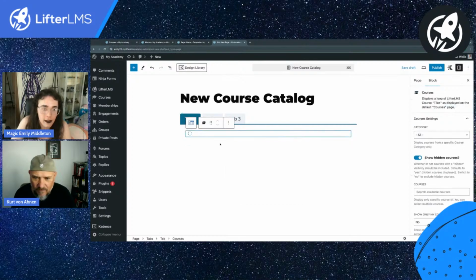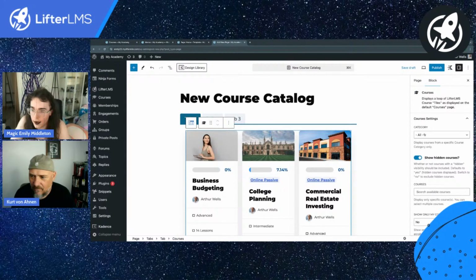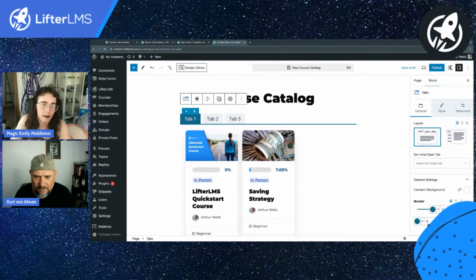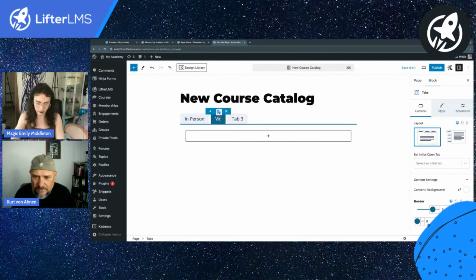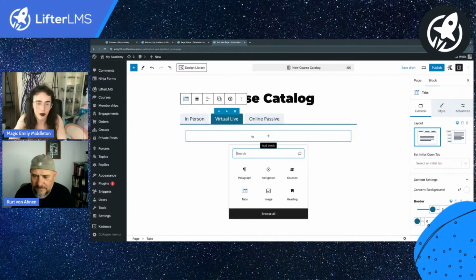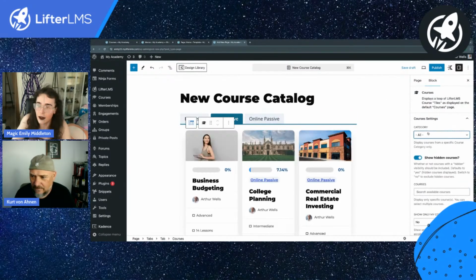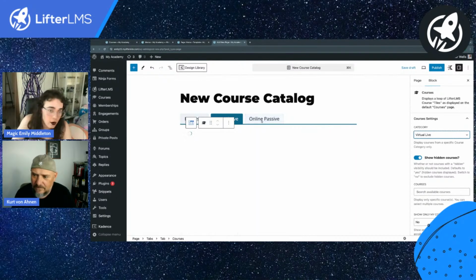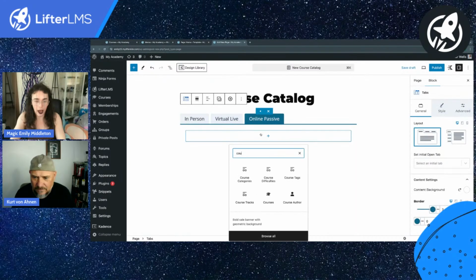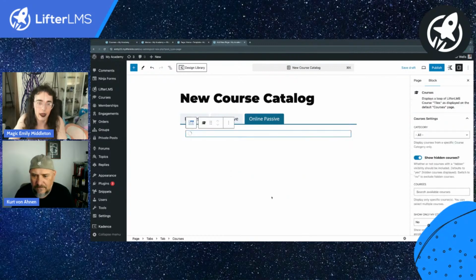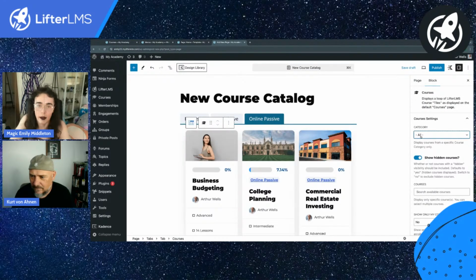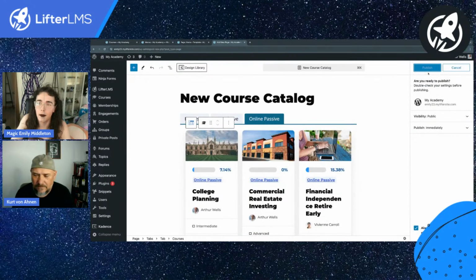I want to add courses to this tab, but I only want to include courses that are in a certain category. So this is going to be the in-person. And so we can label this tab in-person. And then I had virtual live. And then I had online passive. Perfect. So the virtual live tab would also have a courses block in it, and this would be the virtual live category. And then online passive would have a courses block in it, and that would be the online passive course category. And so now I can publish my page